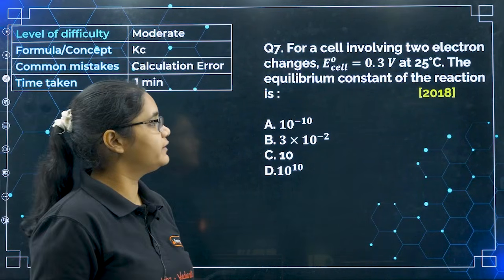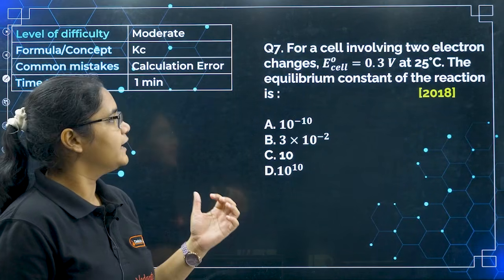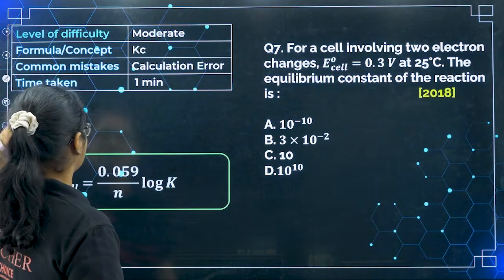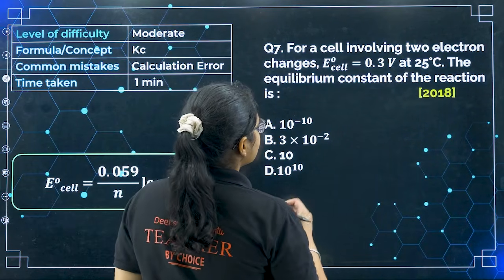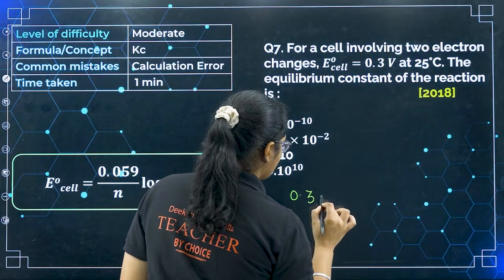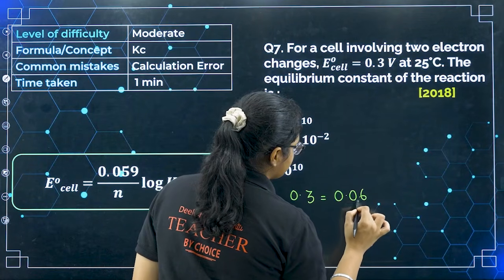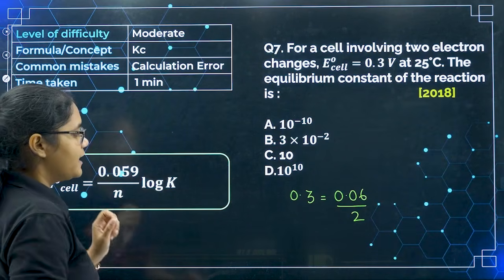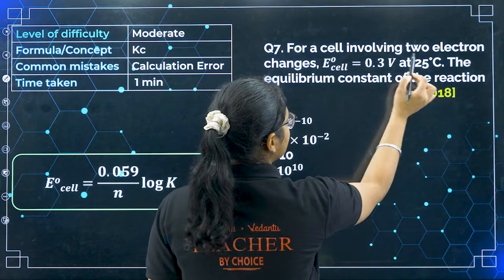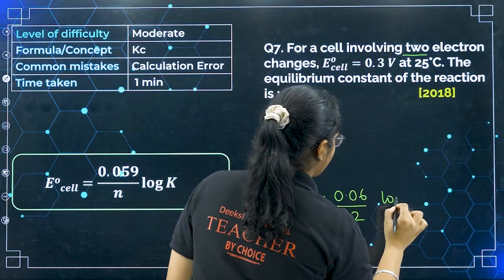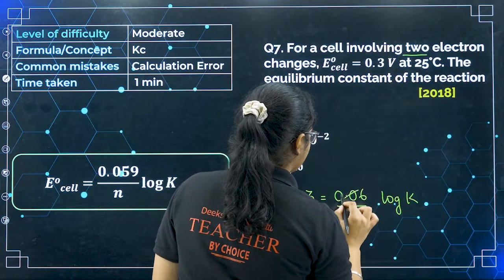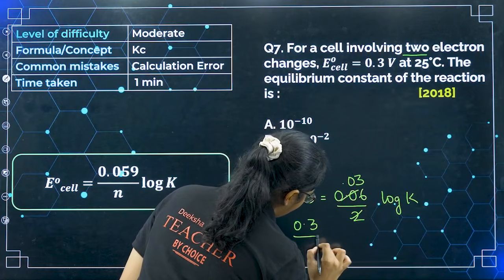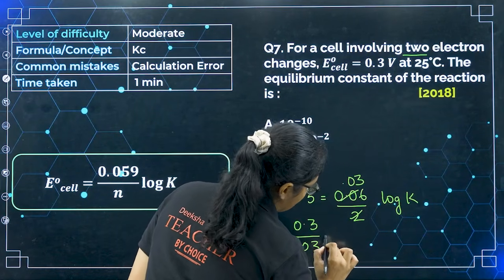For a cell involving 2 electron changes, E naught value is 0.3. Then the equilibrium constant is. Again, very similar question. We just have to use the same formula. So E naught value is 0.3. Okay. And here we have 0.06 by 2. I have rounded this 0.059 to 0.06, and we have the 2 electron changes given by log of K. So we will have 0.03. So I have here 0.3 by 0.03 equal to